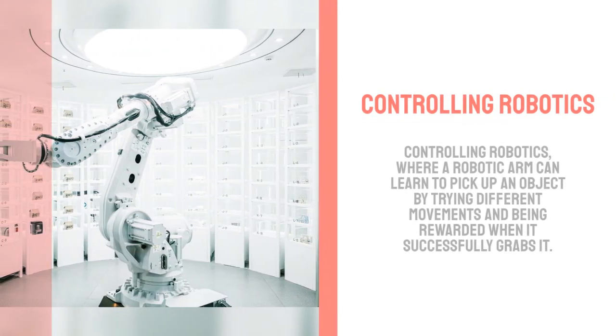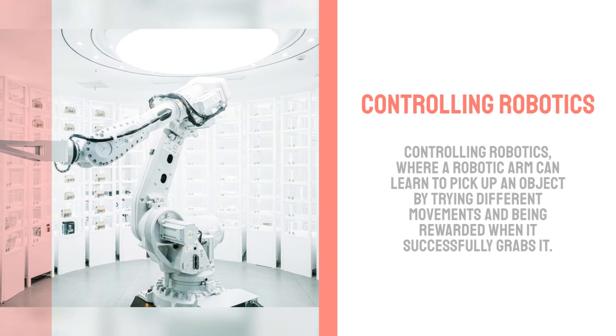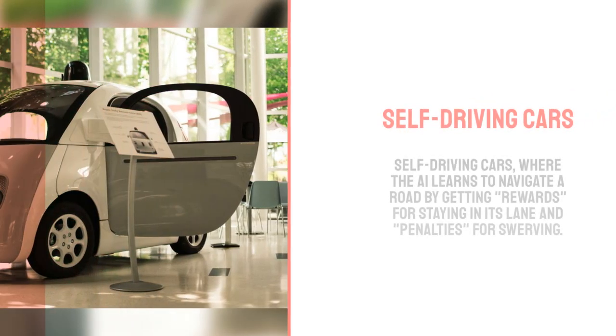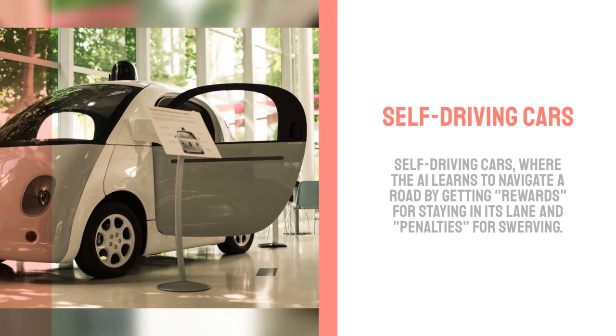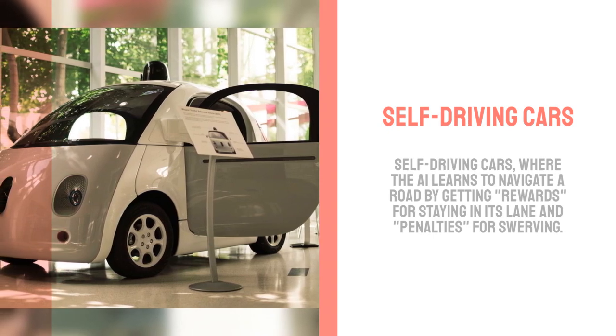Controlling robotics, where a robotic arm can learn to pick up an object by trying different movements and being rewarded when it successfully grabs it. Self-driving cars, where the AI learns to navigate a road by getting rewards for staying in its lane and penalties